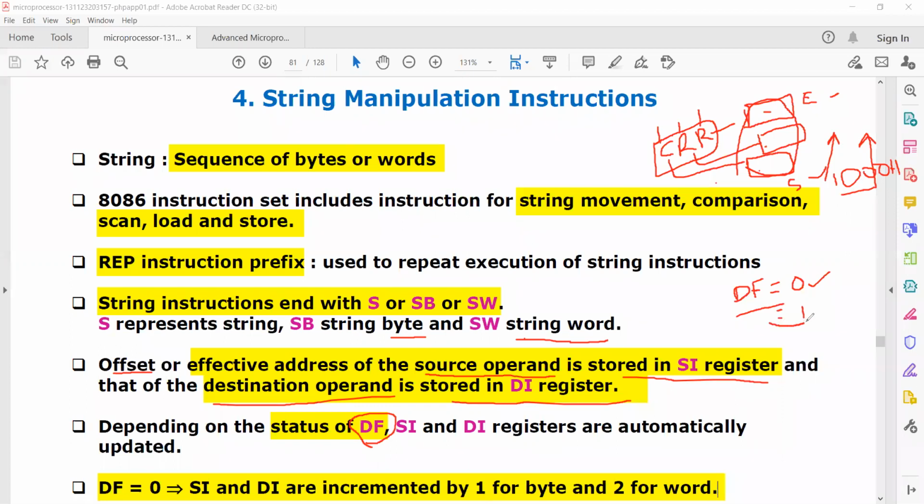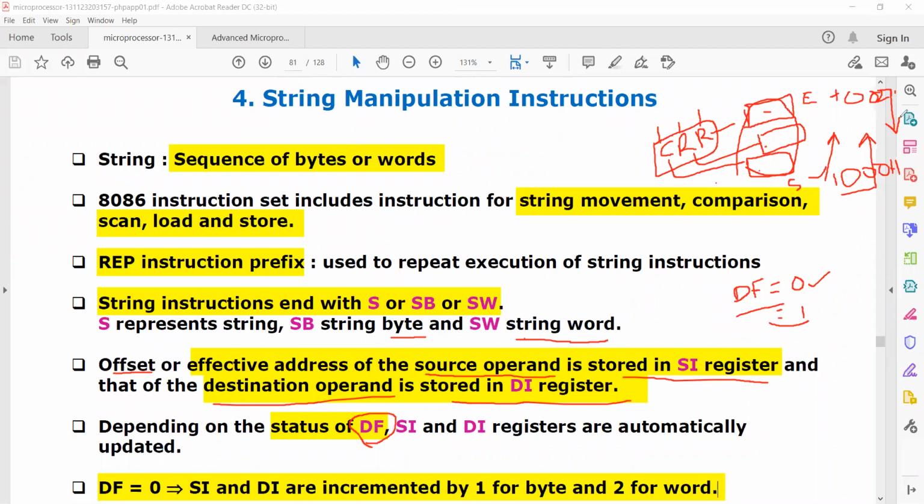When the DF flag is equal to 1, we have an auto decremented operation. That means, with 1002 being the last location, starting from the 1002 location the address gets decremented. So the memory locations are accessed from the higher address to the lower address.